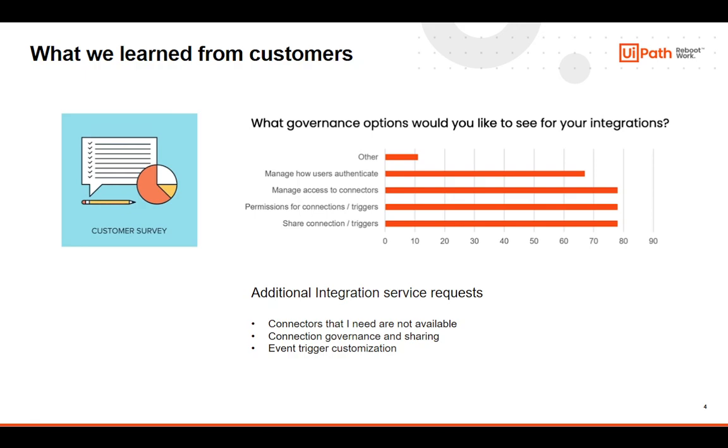At the end of the year, the key component that comes out of that survey is really about our topic here. I'm using connections in my automations because I want to